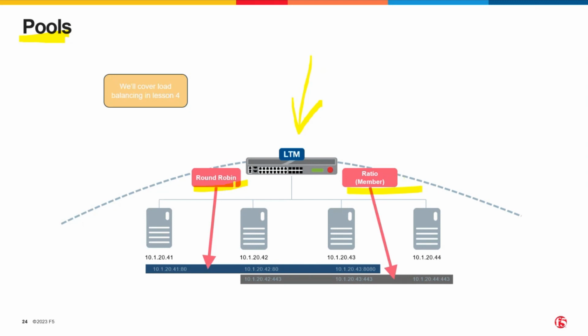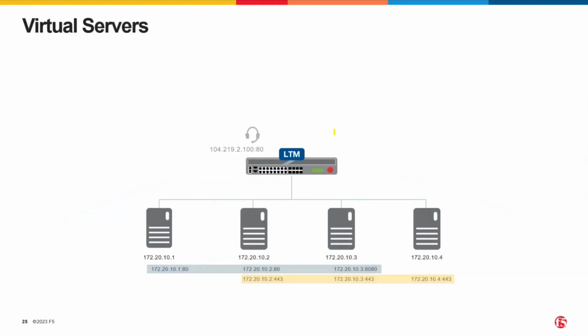But with the simplest configuration, the round robin method is the default. And we create something called a virtual server, which is listening for the client traffic. And by default, it can be assigned one default pool. So this is the simplest configuration and can send traffic to this specific application or copies of those applications existing on different